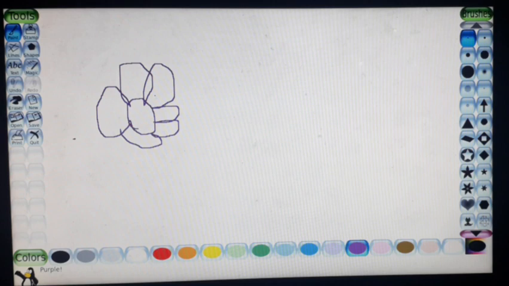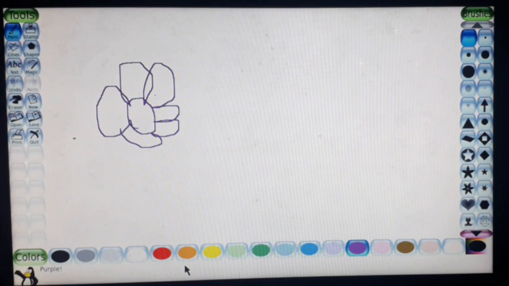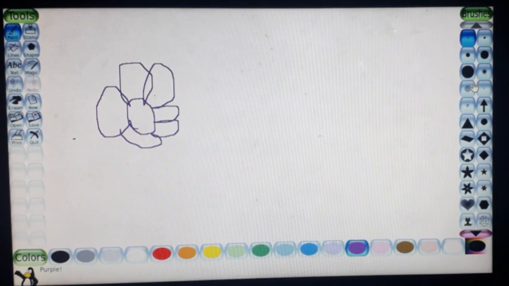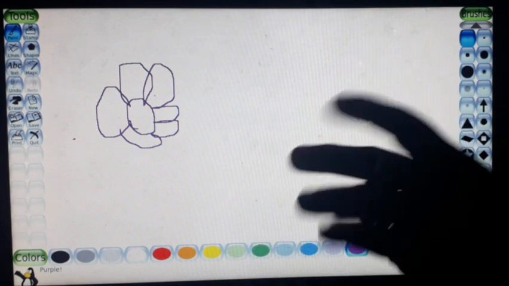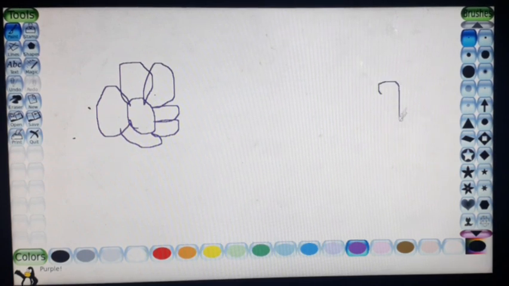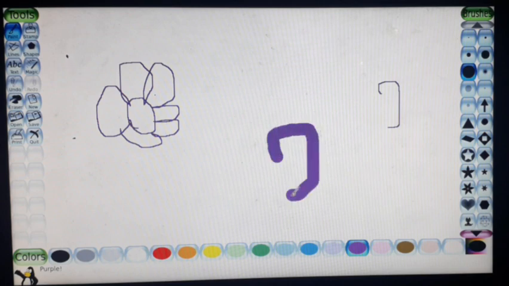All of you understand. What is the use of the Paint tool? The Paint tool is used to draw the pictures. Select the Paint tool, then select the color from the bottom, then draw the pictures. Then, when we select the Paint tool, look at the selectors here. So many sizes of brushes. We can select the brush size from the selector. First one is a very small size. Then this is the big size.